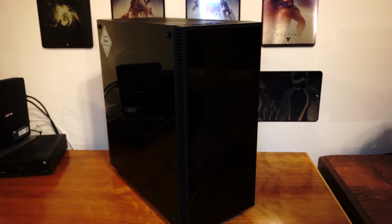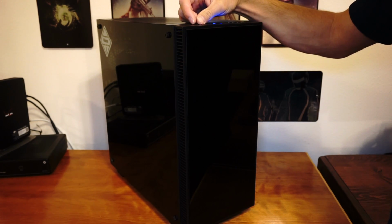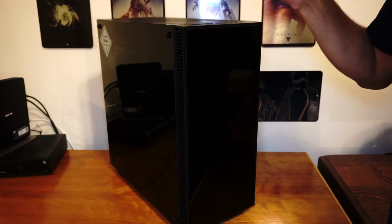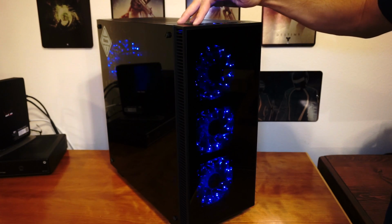Alright, so there you go. So that's fired up right now. If I put it on silent, all the fans are turned off and all you hear is the power supply fan. Now if I go to high speed,